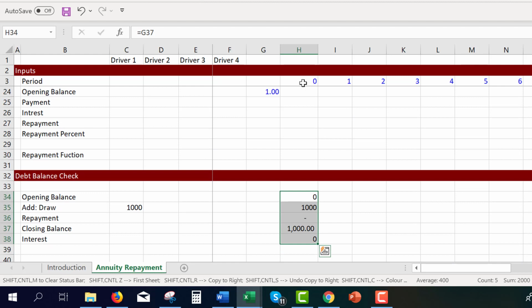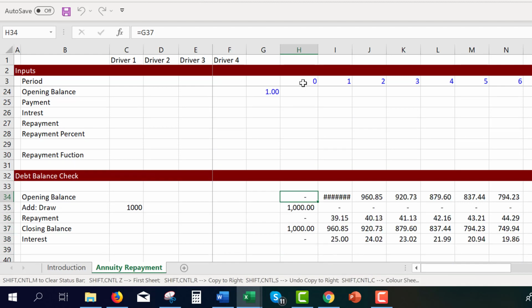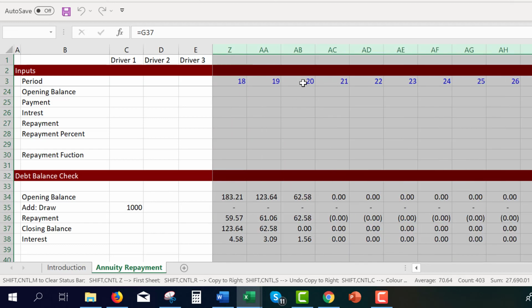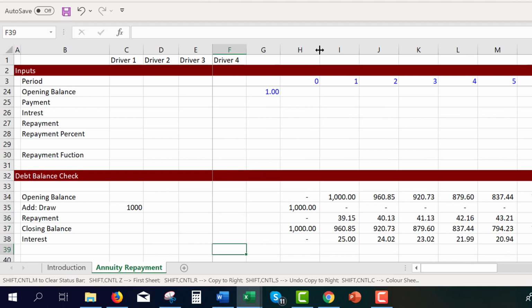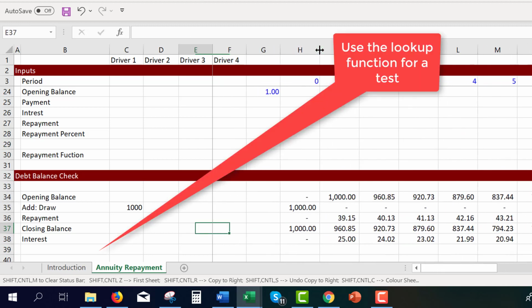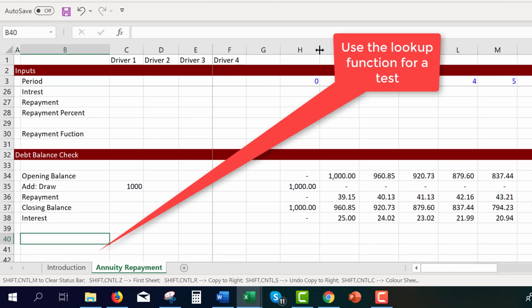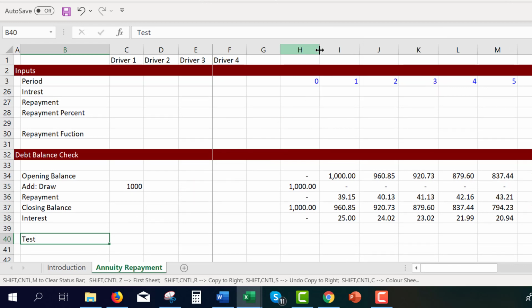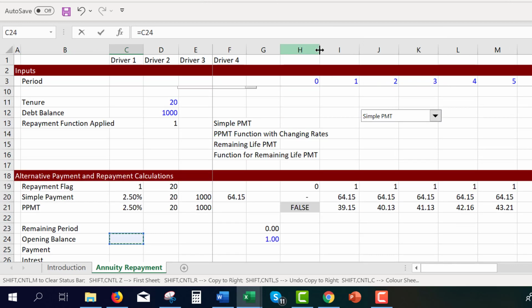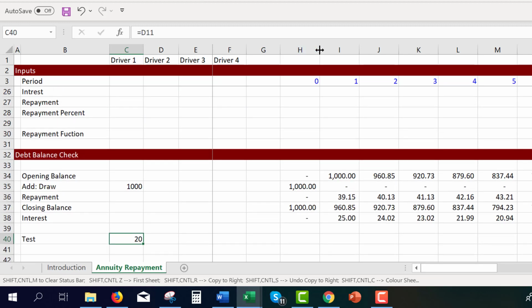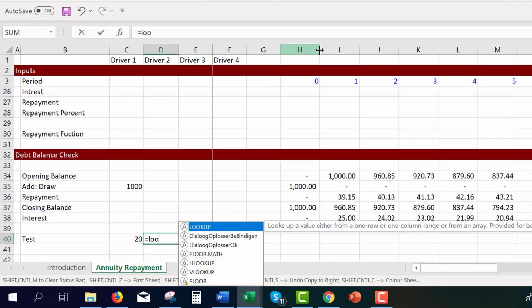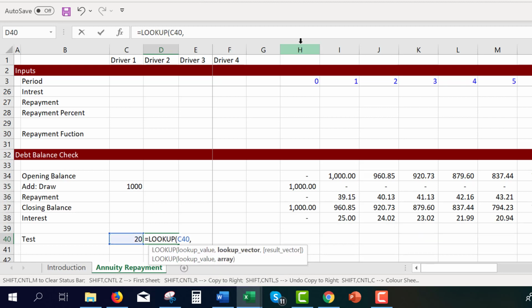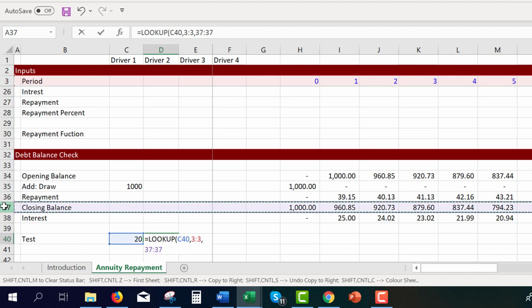I better press Shift Control C, Shift Control R, and if you have these things, please do not do one at a time. Please don't do that. Okay, and then our closing balance is exactly equal to 0, and get used to using the lookup function for a test. So what we can do here is put a test and put our tenor of our debt in for the debt test. And if we look up on this one and then click on the entire line and click on the entire closing balance, that better be equal to 0, or